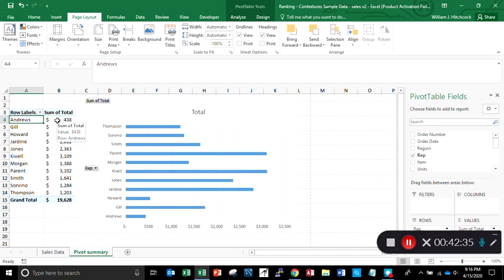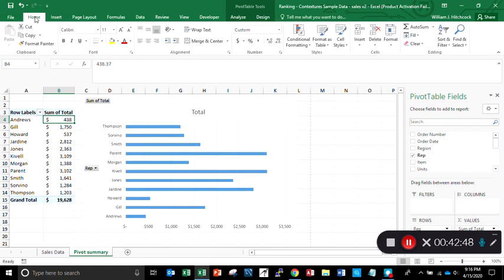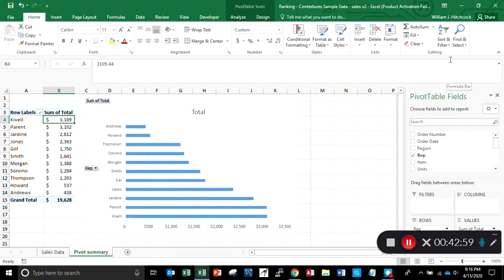on my table, my reps are sorted alphabetically. On the chart, it's kind of reverse alphabetical. But what's better on this one is if we go to Home, and let's choose Sort & Filter, and let's choose this, largest to smallest. And there you can kind of get a feel for, when